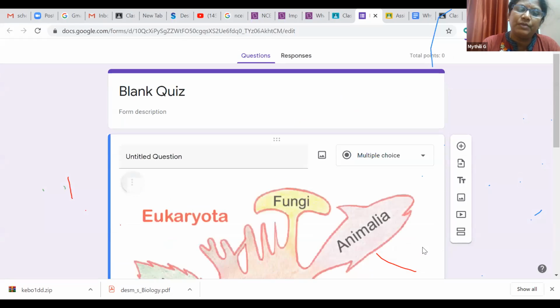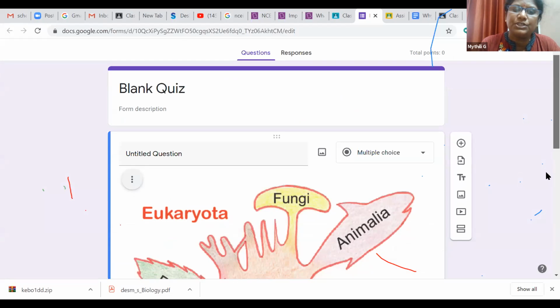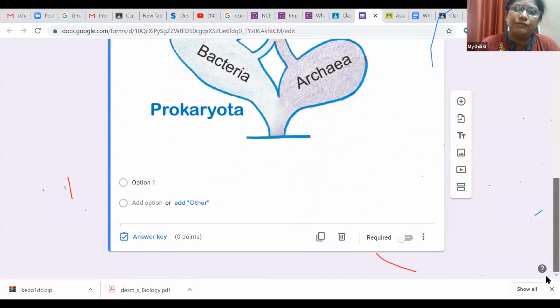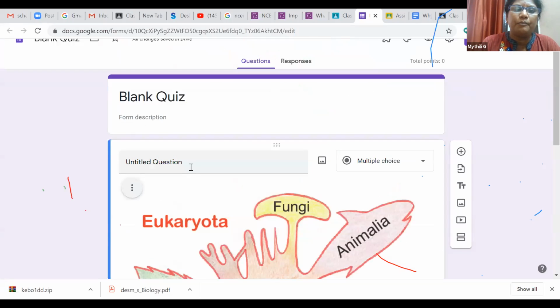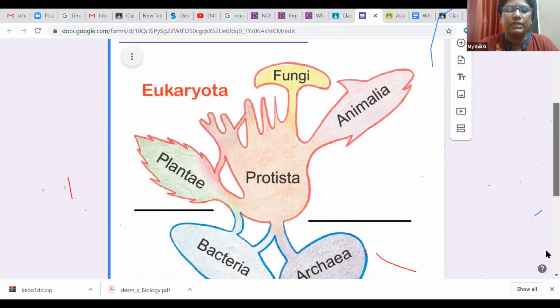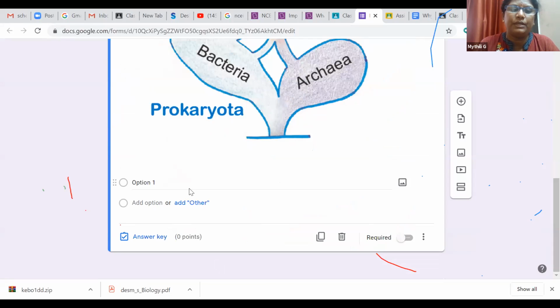So the picture will be available to you. In this picture, you can ask any question, for example, you can write: see the picture and answer, and select the option. These are some of the things you can write, the classification.